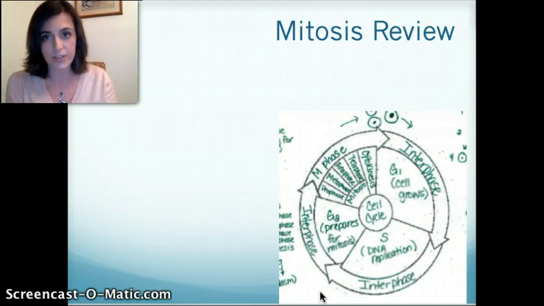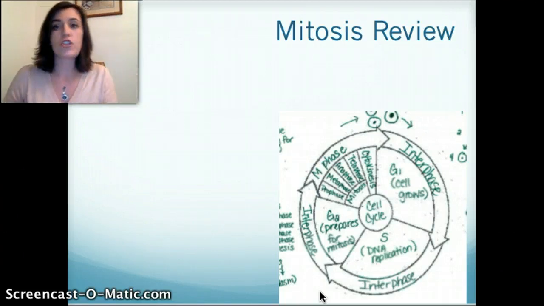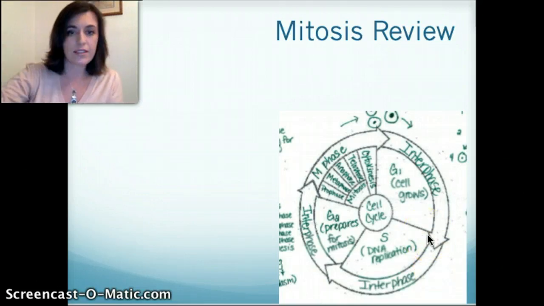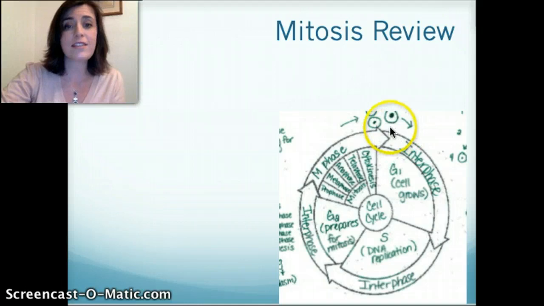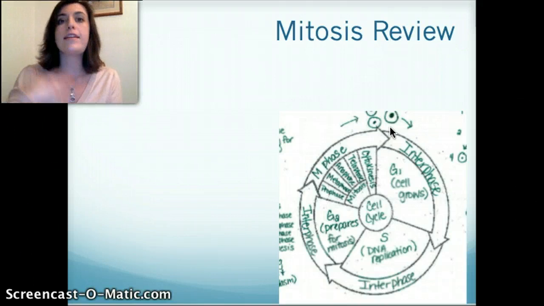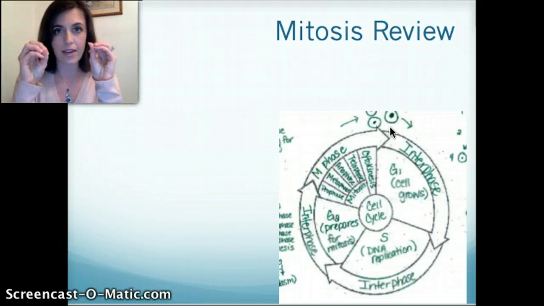Okay, so mitosis. Remember that mitosis is a stage of the cell cycle. Let's just review that little thing. Take 30 seconds here. The cell cycle. What we're trying to do with the cell cycle is we're trying to start with one single cell and we're trying to make a duplicate of it. It's trying to clone itself, whether it be because it needs to repair, needs to grow in the cell body, or what have you. But it's trying to start with one cell and end up with two identical cells. They look exactly the same.